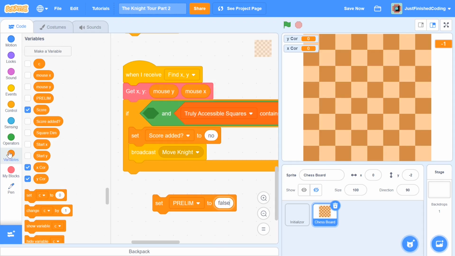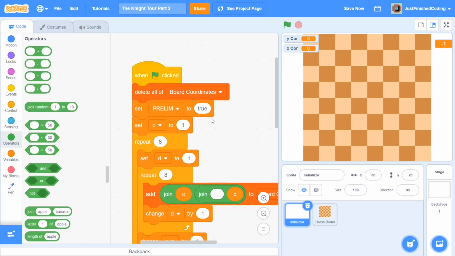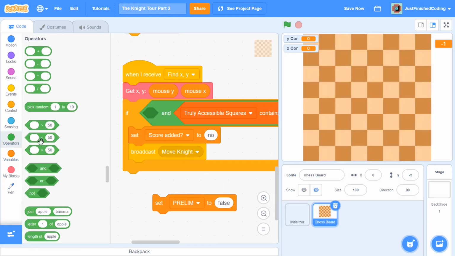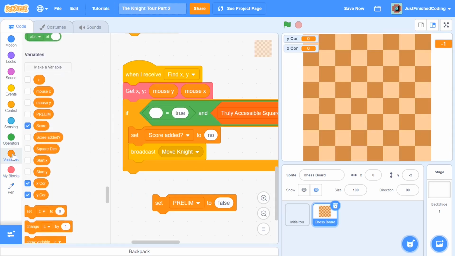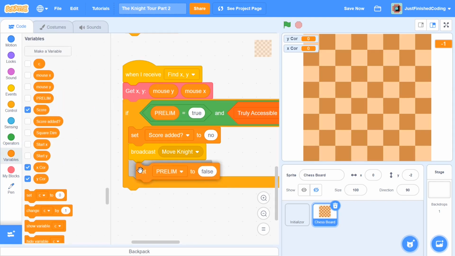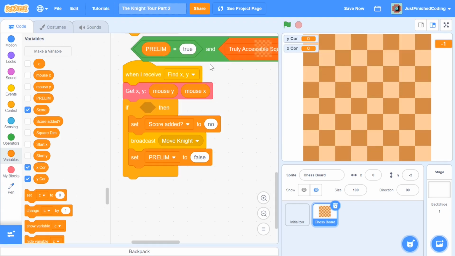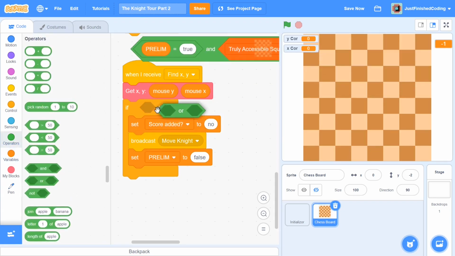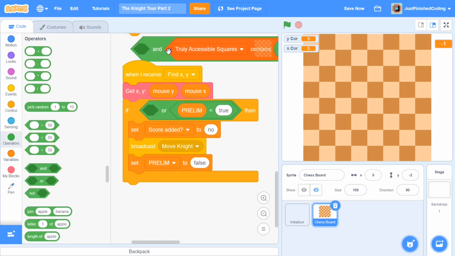And at the beginning, what we're going to do is check if prelim is true. So we set prelim to be true at the beginning. So now I'm going to just say if prelim equal true, then this is the case. The reason I'm doing this whole prelim thing is just so that we have this set up once. So right at the beginning, when the user clicks on the particular square, obviously that square isn't going to be in our truly accessible squares list, because our truly accessible squares list does not really even contain anything. So at the beginning, we're just going to say ignore this condition, and I already made a small mistake here. You do not want an and, it will lead to an error. You want to have an or. Okay, so make sure you have that in place.